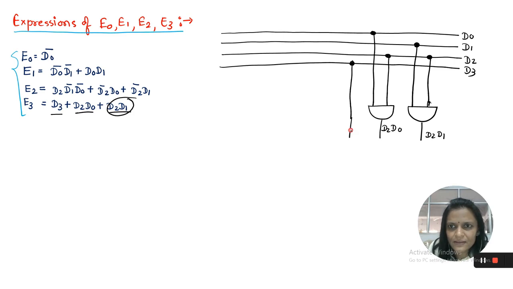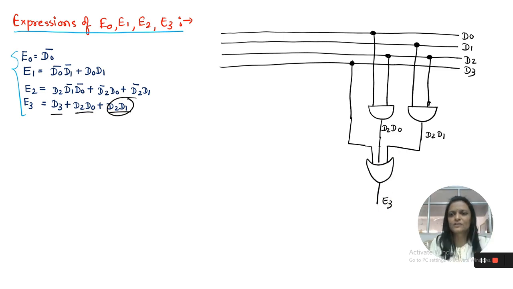Now you can see that these three terms are combined using an OR gate, so I will use one OR gate. This is how I will obtain E3. So this is the logic circuit by which we can obtain E3.